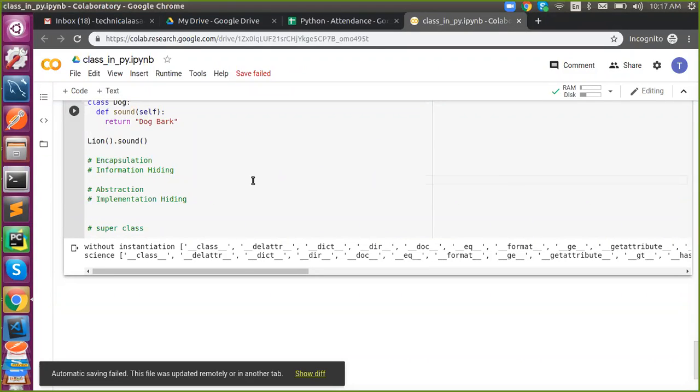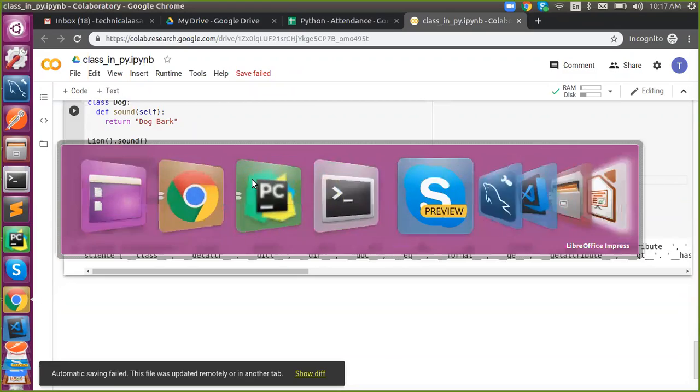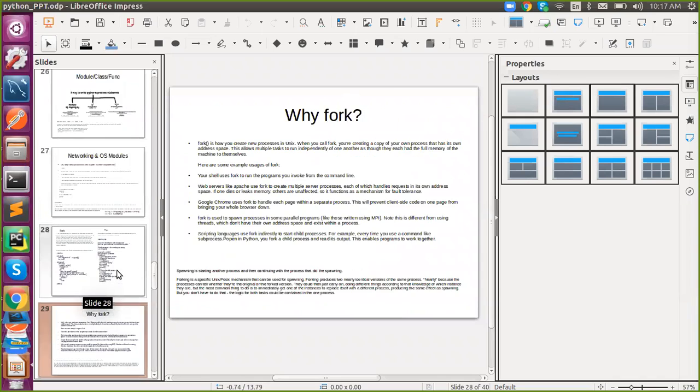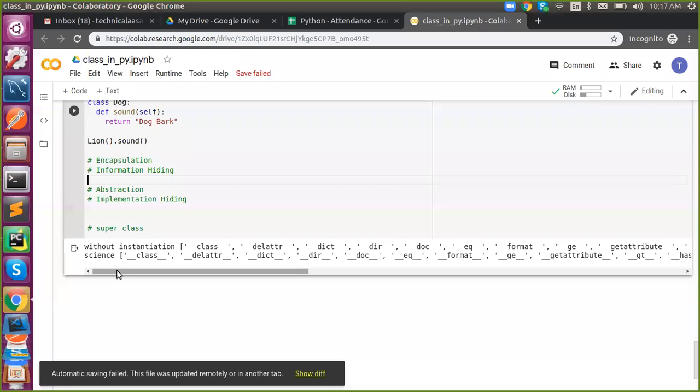So what is abstraction and encapsulation? What do you understand about abstraction and encapsulation? Hiding information.